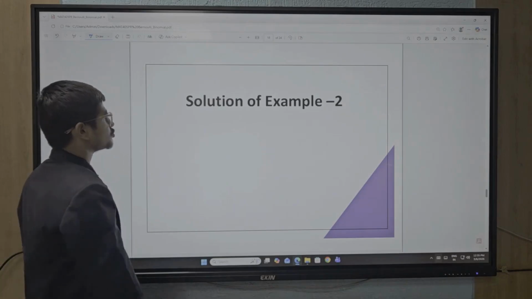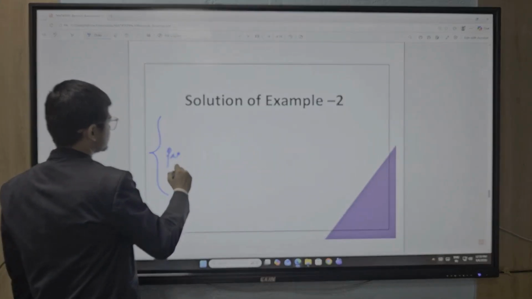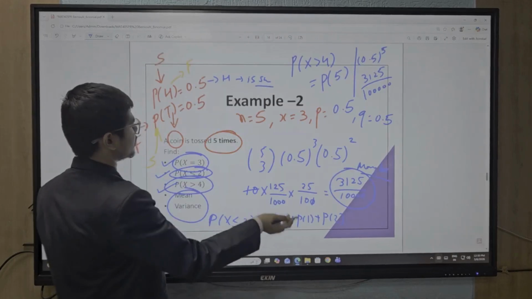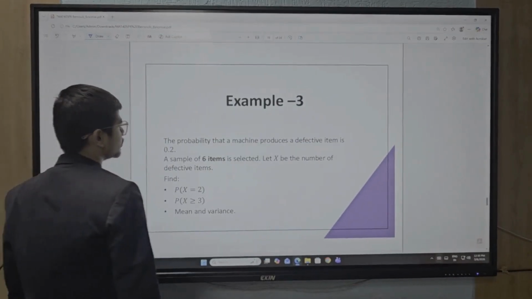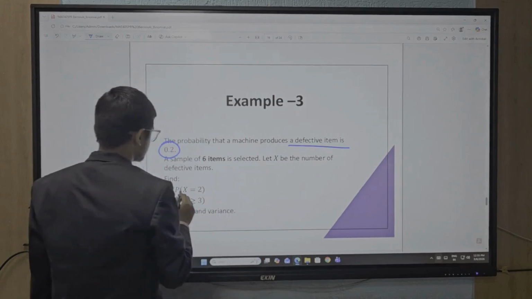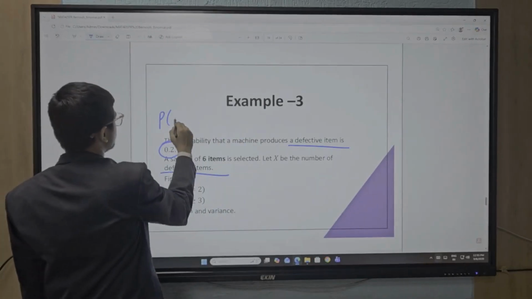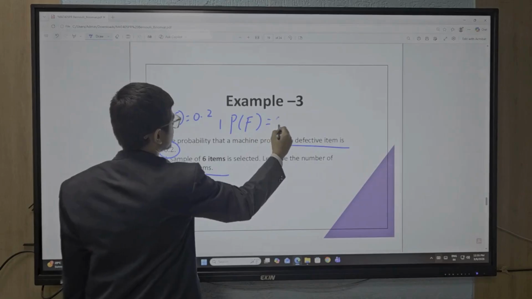So this is just one page of calculation, but I have covered every calculation here. Now what does example 3 say? The probability that the machine produces defective items. For defective items, the probability of success is 0.2 and the probability of failure is